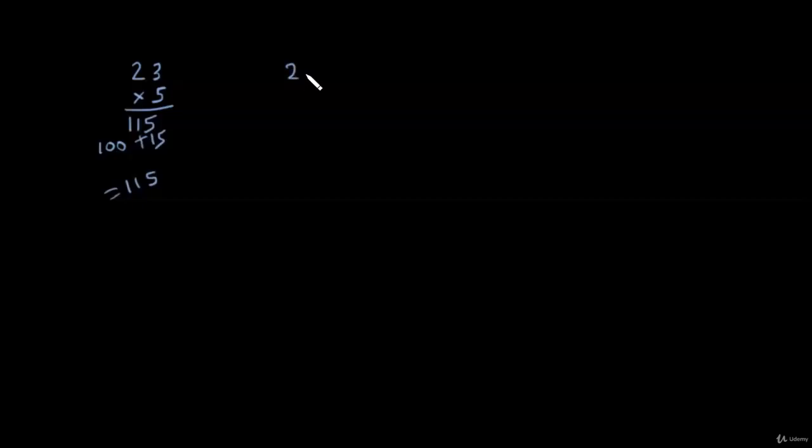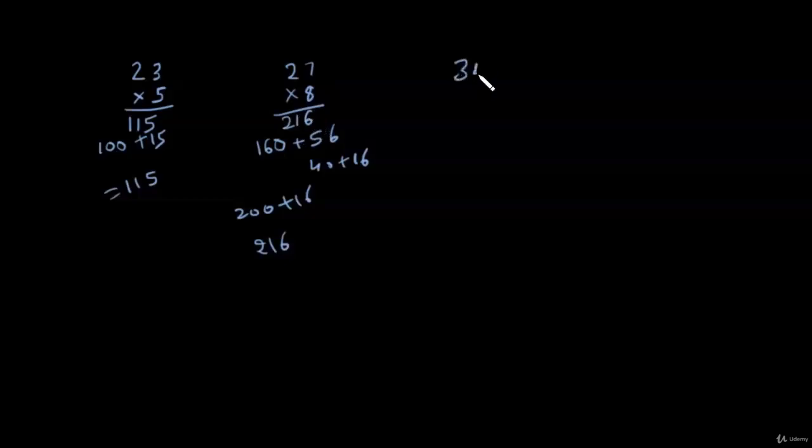Similarly, consider 27 times 8. First of all, we will multiply this 8 by 2. Now, the place value of 2 is 20. So, 8 times 20 is 160. We will keep this 160 in brain for some time. And 8 times 7 is 56. We will add this 56 to 160. For making the calculation simpler, we will split this 56 into 40 plus 16 in our brain. So this becomes 200 plus 16, that is 216.